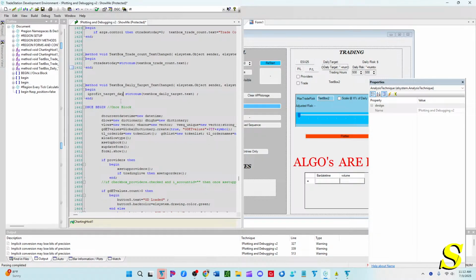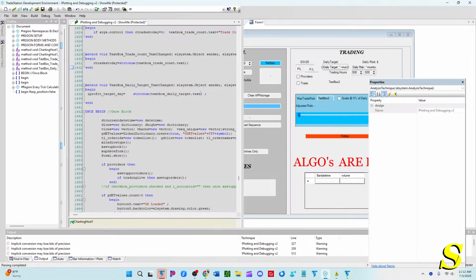I don't know why that didn't show up before, so we're probably gonna run into an issue. Our profit target for the day. Now the question is, I think our profit target for the day gets updated with the uninitialization and initialization of the chart. We need to make sure of that though, because once we update this number, then we need to reprint out